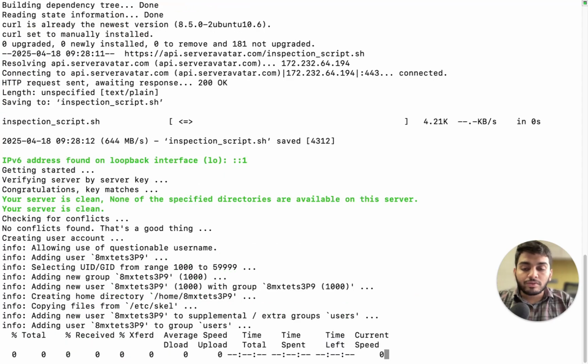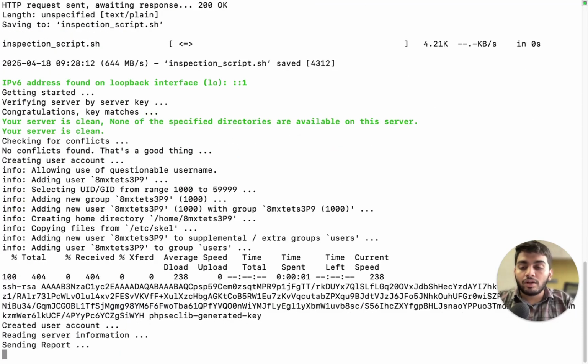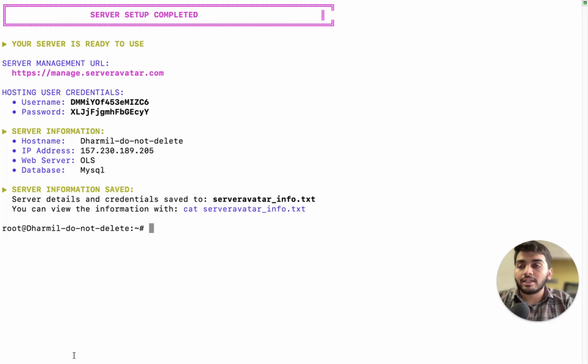Within a few seconds it will get installed and you will get the credentials. See, here you can see the server management URL. You can visit this URL and log into your server panel. So here is the username and password. If you ever forget this username and password, then there is